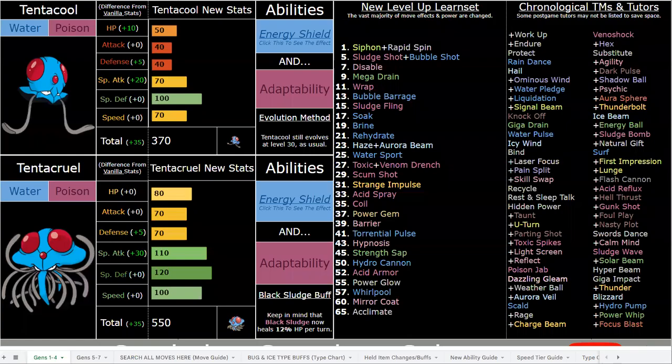What's good, y'all? I've got some sick buffs for my boy Tentacruel. I love Tentacruel. He's an awesome Pokemon, super underrated in my opinion. So, with that being said, before I get into how awesome and strong and really fun these buffs are,